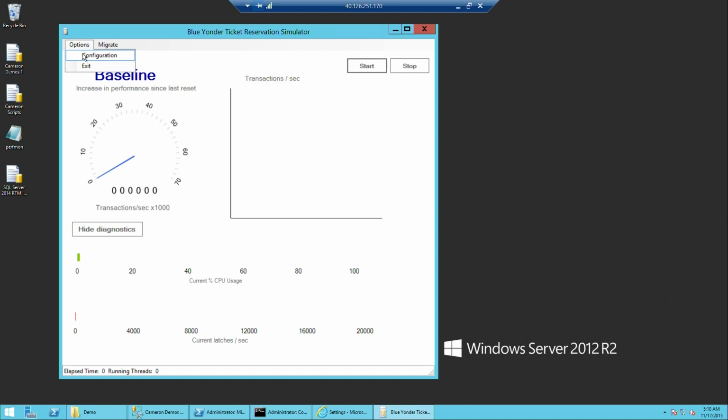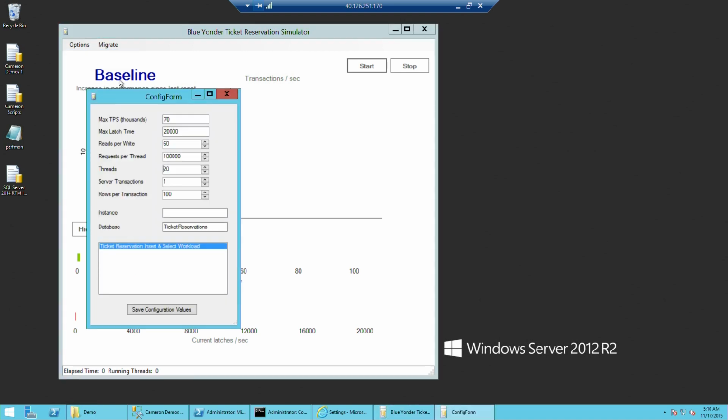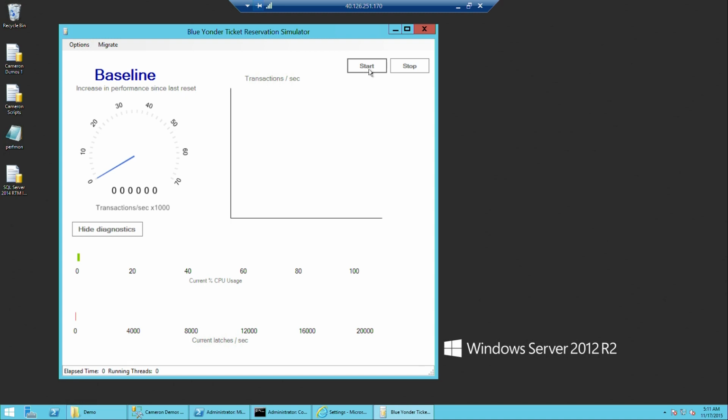Now, this is an Azure VM, and Microsoft does have Azure VMs with 32 CPUs and 448 gig of RAM. But in terms of giving Azure accounts to internals like me to run those, that's another question. So I have reduced the number of threads here from 40 to 20. So when we start this off,